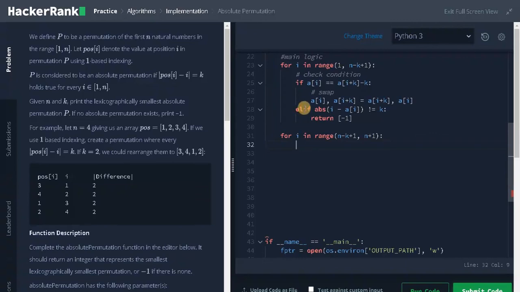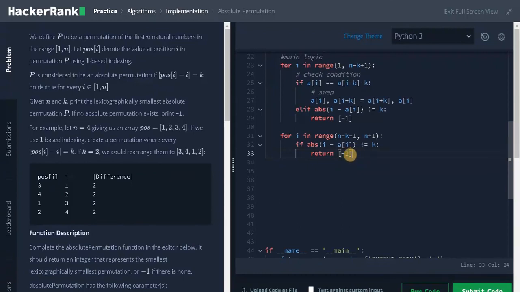We just need to check this condition only, so just copy it and paste it. If the absolute difference is not equal to k, just return minus 1. Finally, return the array: return a of 1 colon. So it will return the array starting from index 1 to the end of the array.